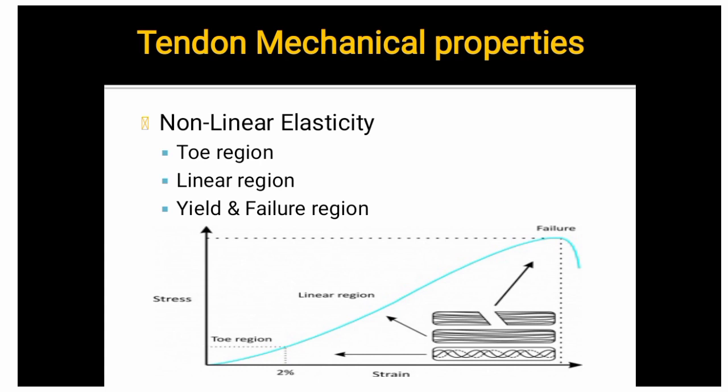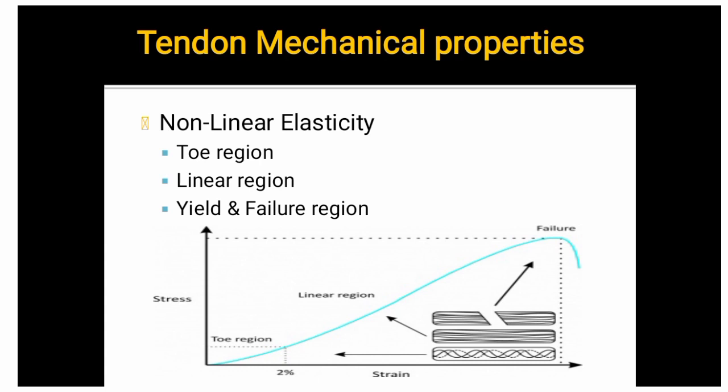Second one is the linear region. This is the physiological upper limit of the tendon strain, whereby the collagen fibrils orient themselves in the direction of the tensile mechanical load and begin to stretch. The tendon deforms in a linear fashion due to the intramolecular sliding of the collagen triple helix. If strain is less than 4%, the tendon will return to its original length when unloaded. Therefore, this portion is elastic and reversible, and the slope of the curve represents the Young's modulus.